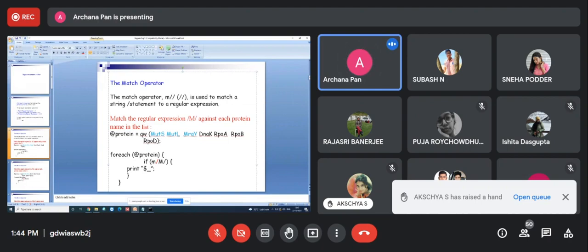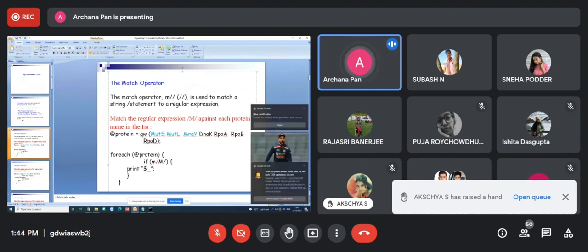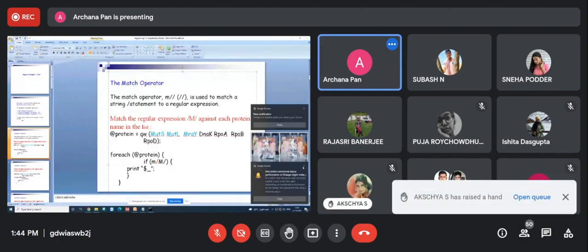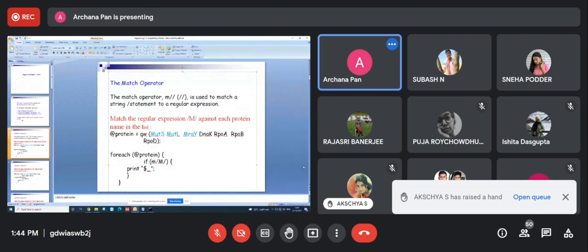These are the elements, the protein names, and each one is a protein name. For each $protein, see here I have used the match operator. Either this one, or if you do not write the m it will also work. The match operator is represented by m or only 2 forward slashes.